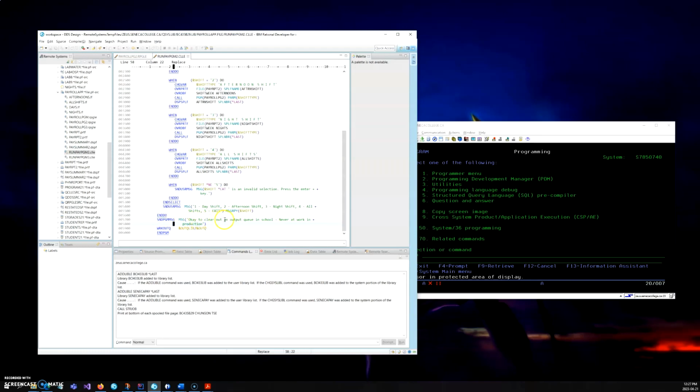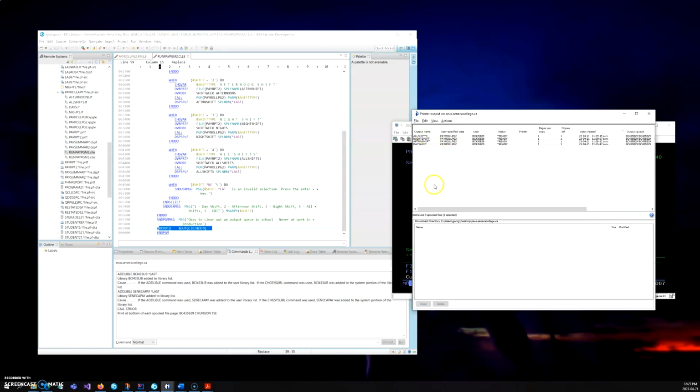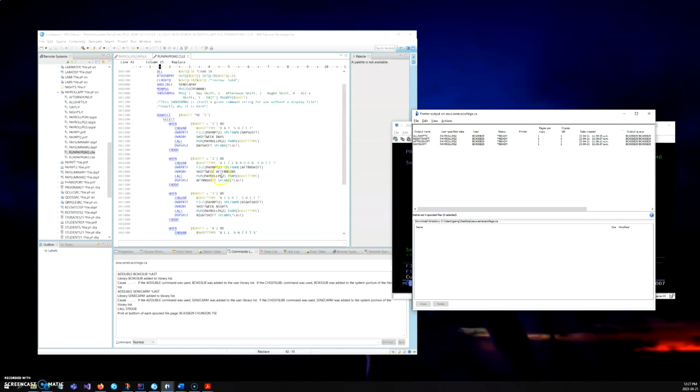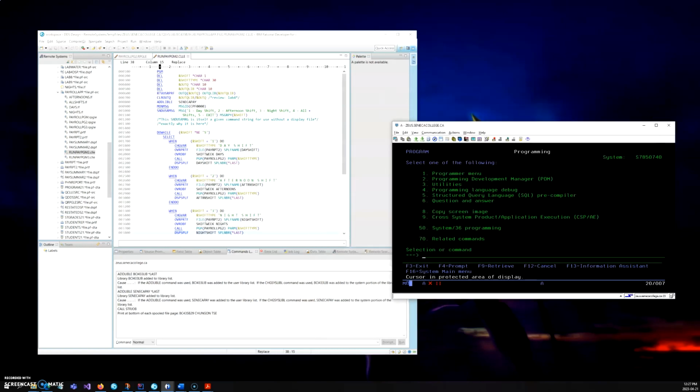It is okay to clear out an output queue in school, but never at work. So what it means is, remember, I just cleaned up all the spool files here, but normally you don't do this. This is just to practice using clear out queue. So this is it, and we are not done yet